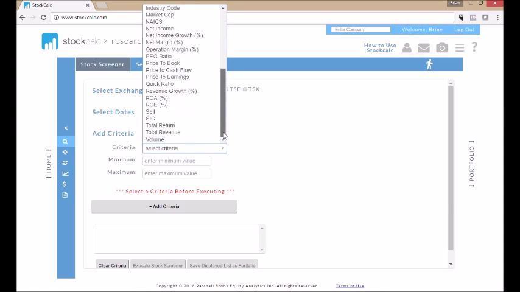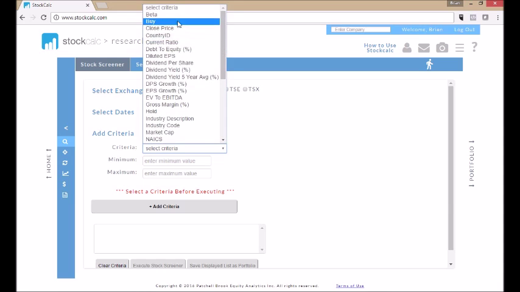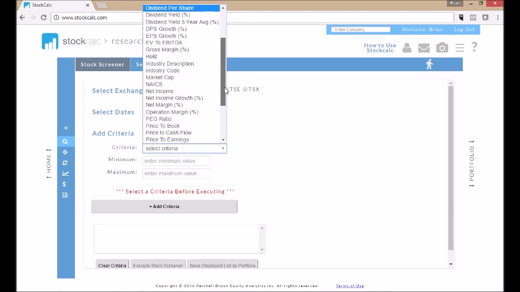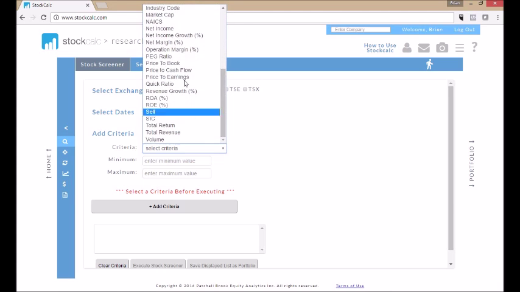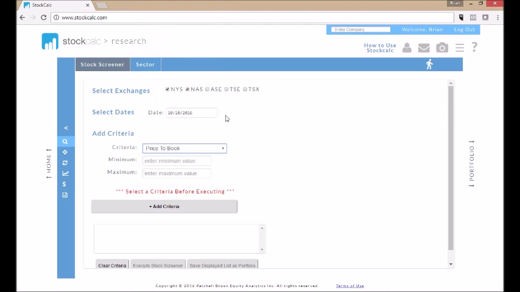You can see there's quite a wide range of criteria. Things like number of buys, sells, holds on a stock. You can look at price ranges, earnings per share, various growth rates, a number of different ratio values such as price to book, price to earnings, price to cash flow. So if I look for companies that say have a price to book ratio, and I'll use maybe a minimum of 0.5 and a maximum of 1,